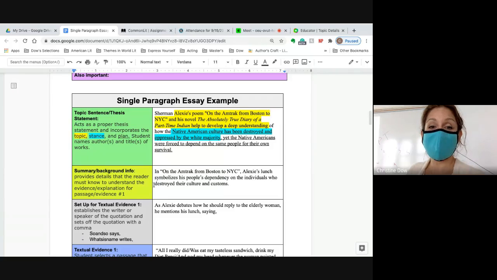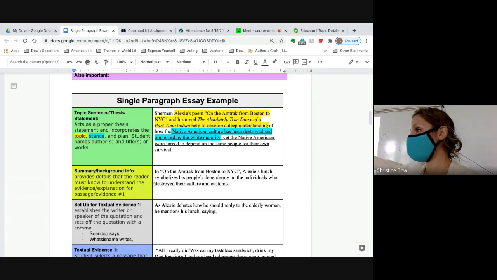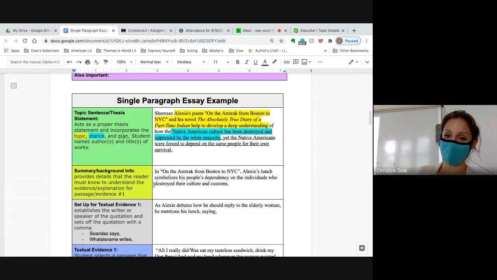And then the stance. The stance is where you don't sit there and say, in my opinion, I think that. None of that. You just state it as fact. And I know by virtue of your name being on the document that it's your opinion. But we state things powerfully so that we are taken more seriously. And it ups the level of sophistication.